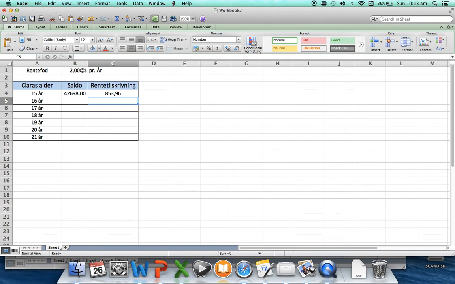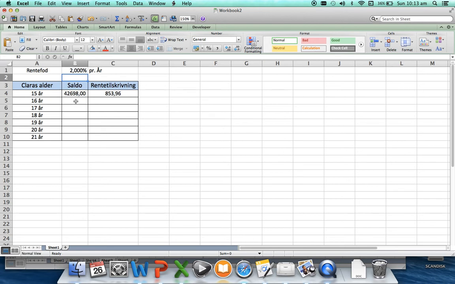Now, because that said 2% in that cell, I didn't have to do the dividing by 100 because it already understood that percent means divide by 100. Now, the point with linking it to a formula is that if I change the percentage, say to 3, then it can change the amount in the account because it's always looking at that cell with whatever the current percentage is. So let's change that back to 2 anyway. And then each year,